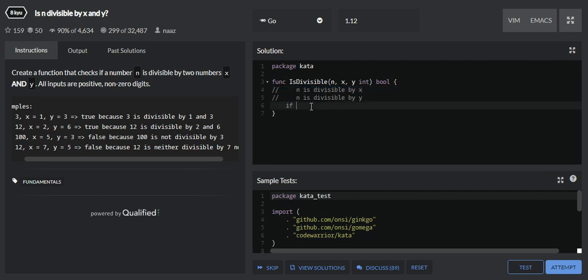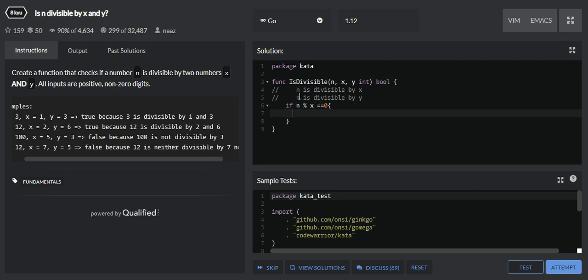In my if statement, I am adding n modulo x is equal to 0. What I am checking here is if the remainder of n divided by x is 0, then it is true. That is, if the remainder is 0, that means the number is divisible by x.